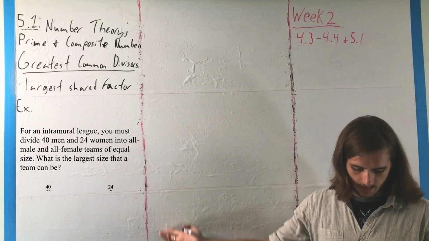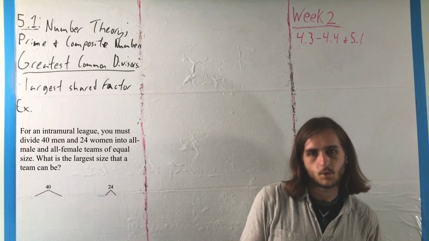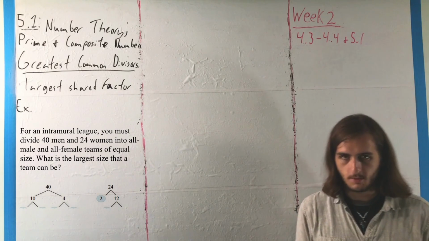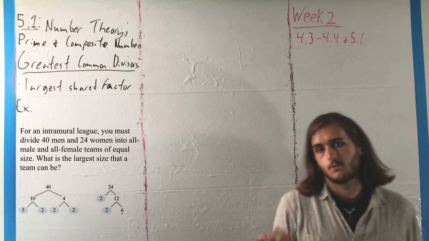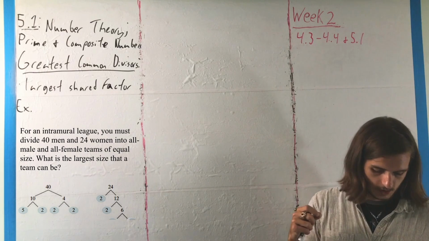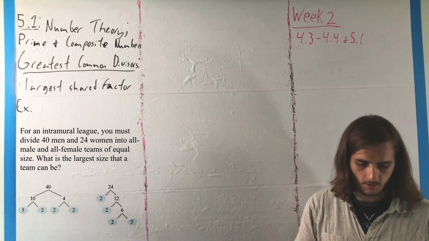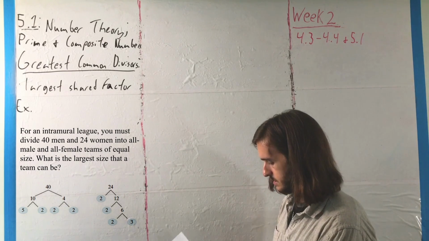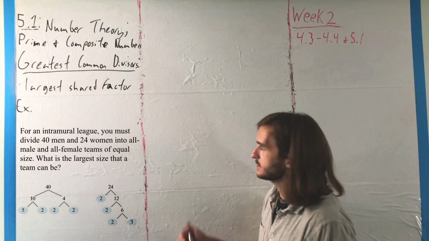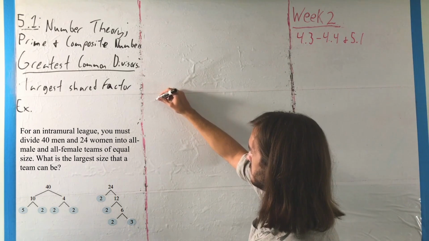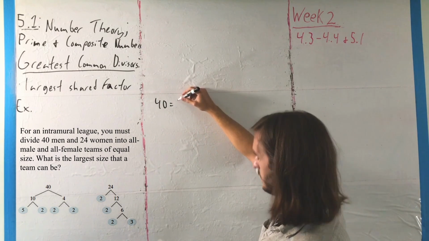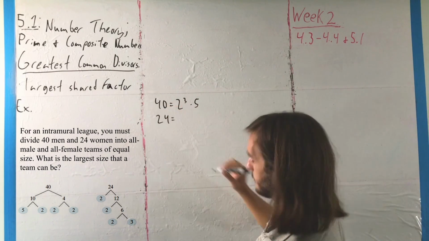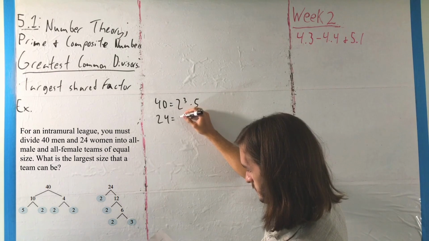So to think about that, we're going to get our factor trees again, where you can split 40 into 10 and 4, then 5, 2, 2, 2, and then 24, you can split that however you want to. We're going to go with 24 into 2, 12, 2, 6, 2, 3 to get factorizations in this case. I'm not sure exactly where I'm going to put that, so I'm going to write it here, I suppose. 40 can be written as 2 cubed times 5, and 24 can be written as 2 cubed